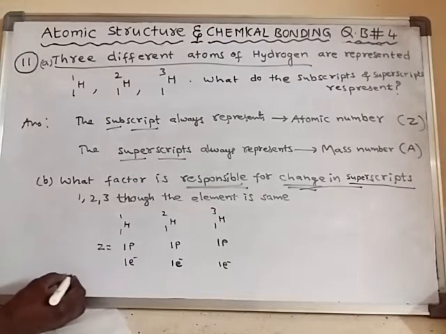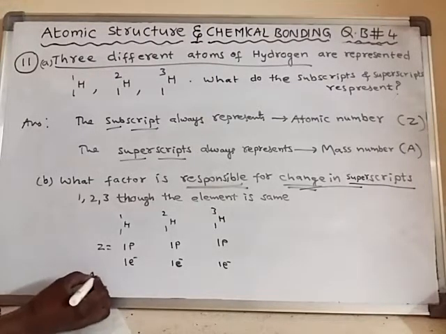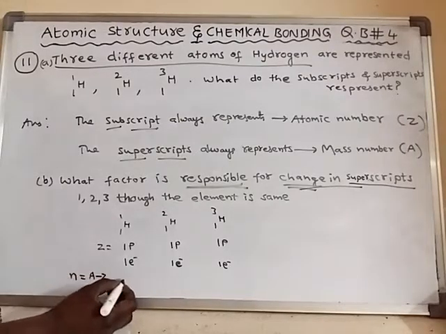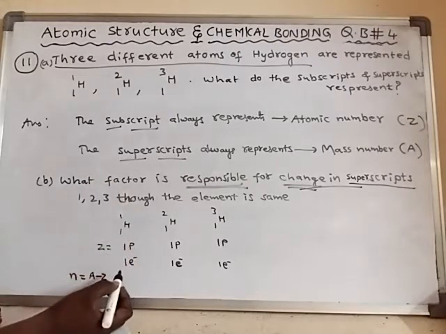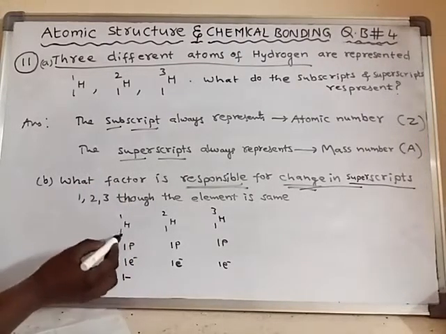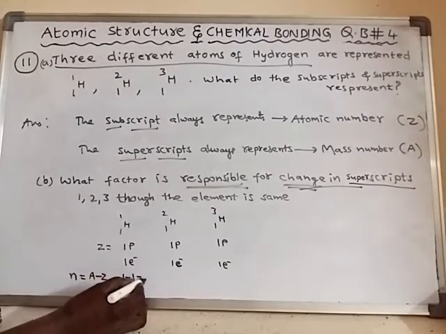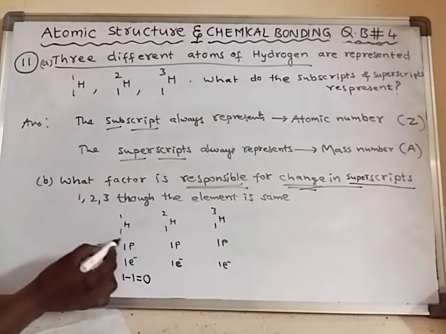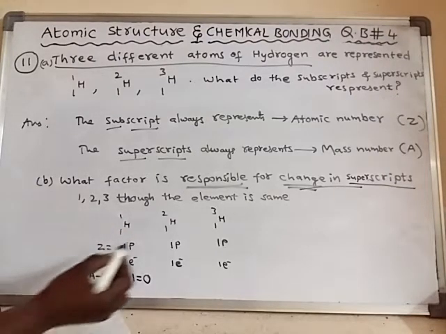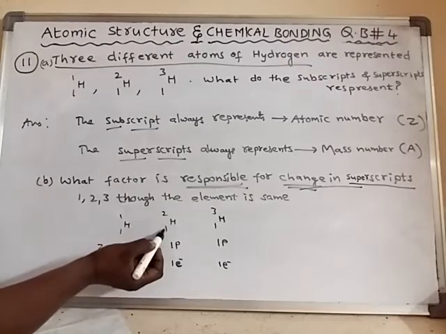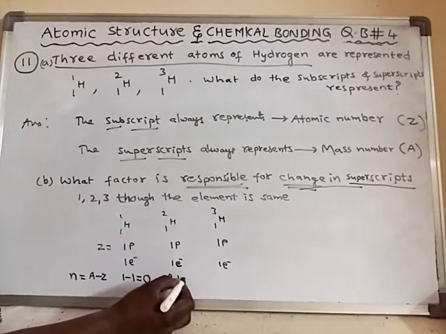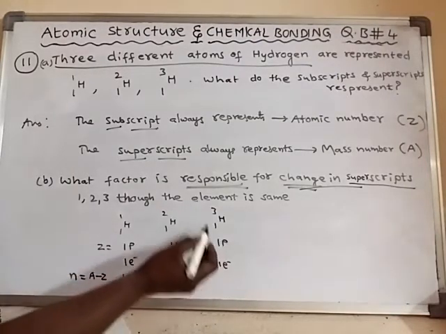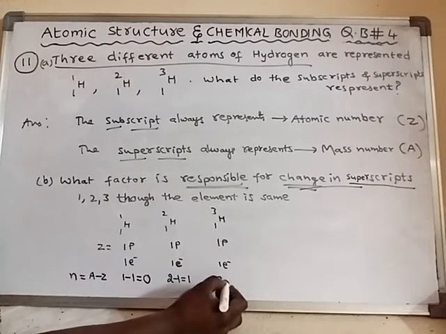Now, the number of neutrons is equal to the atomic mass minus the atomic number. So how much will it be? The atomic mass of this one is 1 and the atomic number is 1, so there are 0 neutrons. This particular atom has 0 neutrons. Here it is 2 minus 1, how much is it? 1. And here it is 3 minus 1, which is equal to